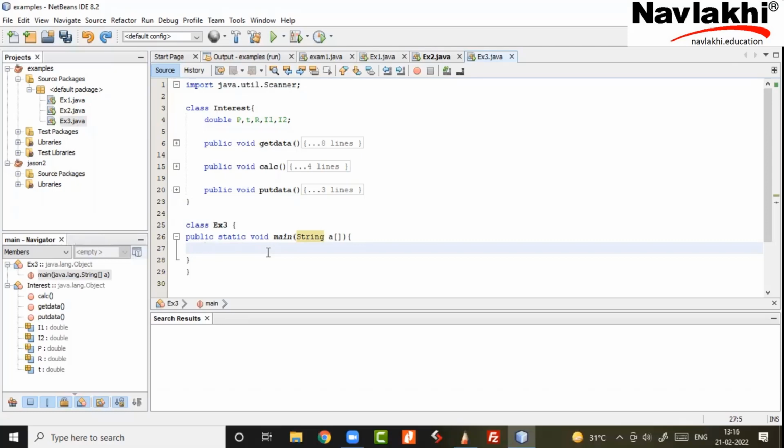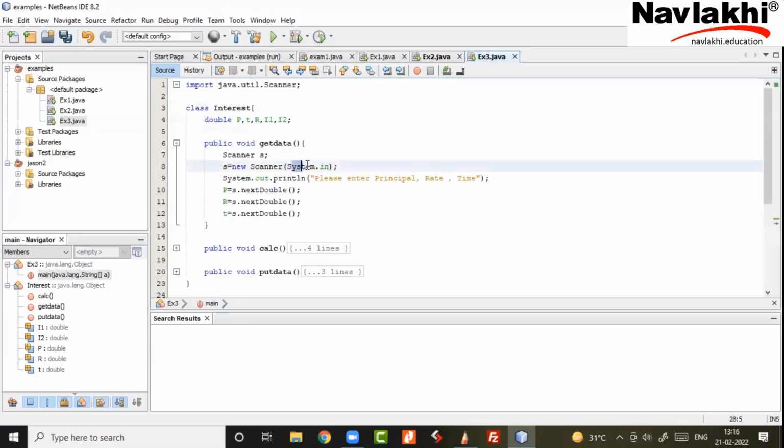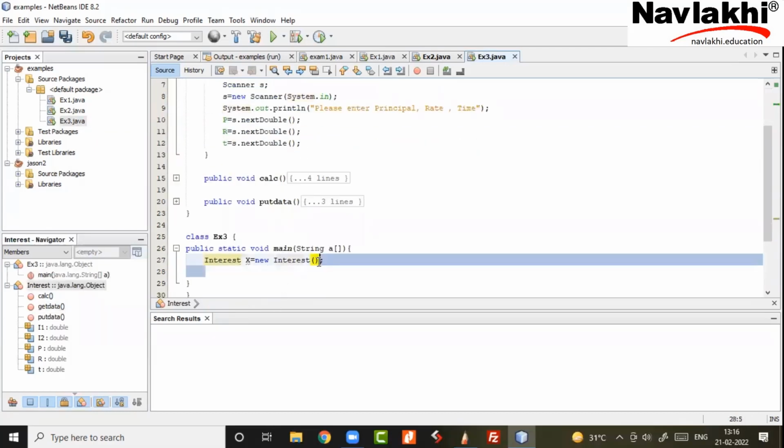But all three of them are not static. Sir, so I'll have to first make an object of that class. So interest x equal to new interest. मुझे वो क्लास का ऑब्जेक्ट बनाना पड़ेगा. Think. I told you before that whenever you want to access any non-static function of any class, your first job is to create an object via a constructor. And I said constructor is a function which has the same name as the class. Yes, a scanner class ka constructor was scanner function which had arguments. Same way mera interest class ka constructor will be the interest naam ka function. Think about it.